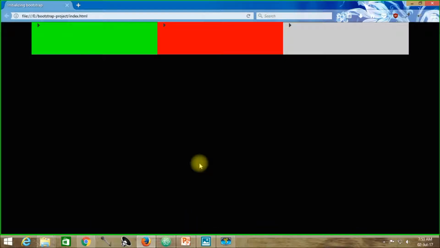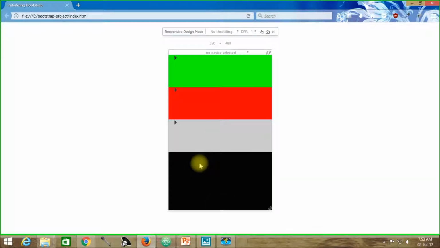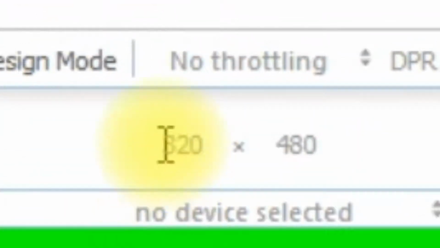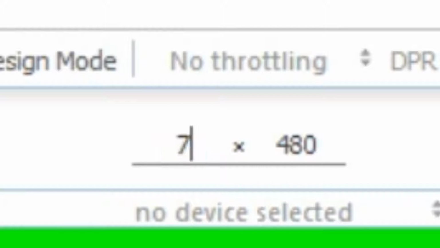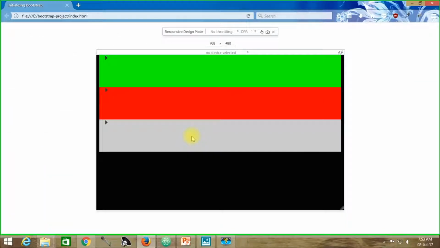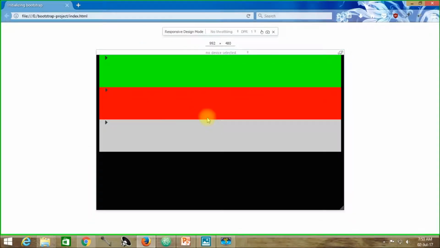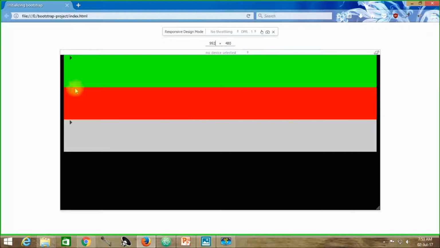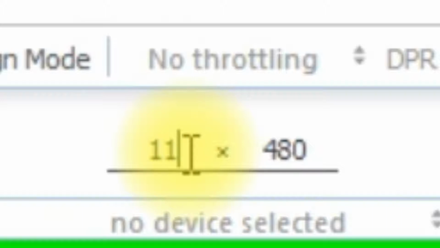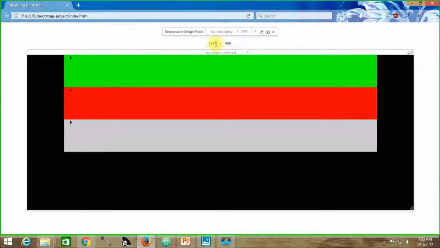Now press Ctrl Shift plus M again and get back to your mobile responsiveness view. Here just change this value to 768 pixels. Press enter. You may see that still these things are stacking on each other. They are coming down vertically. Testing, place 992 pixels here. Press enter and you may see that it is still coming vertically downward, stacked on each other. Checking, press 1199 pixels. Press enter. Still they are stacking on each other.